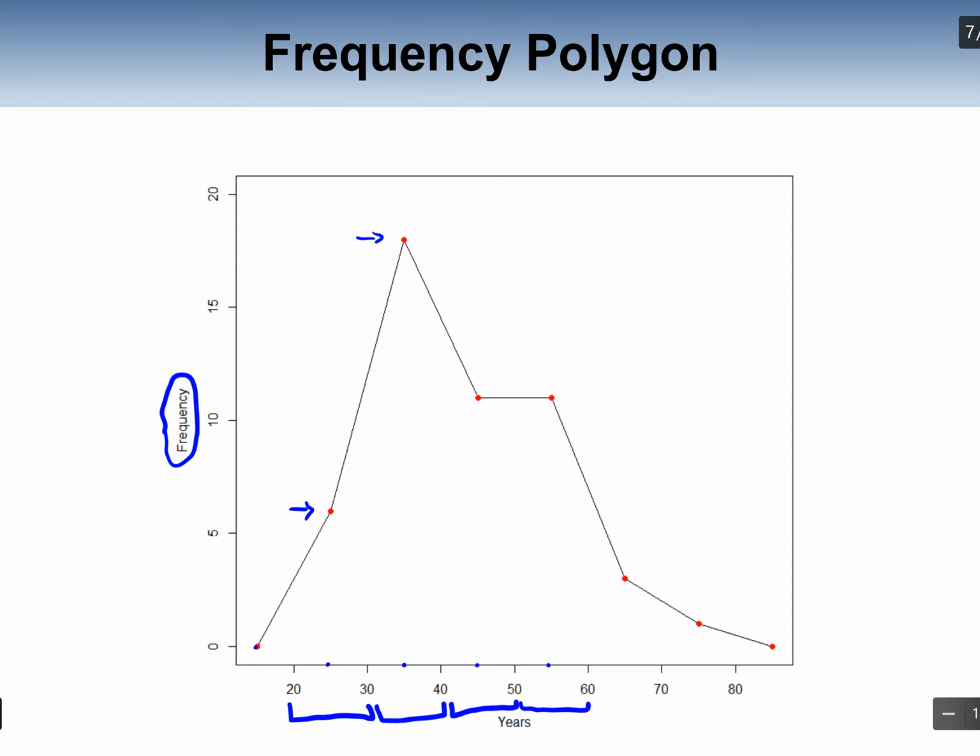Remember, how to calculate the class midpoint is you take the beginning point and add it to the end point. So if you wanted to know what that value is, you would take 30, add it to 40, divide by 2, gives you 35. And that's how you get the class midpoints. They're right in the middle, and that's where those points go. So we have 6, 18, 11, 11. This would be 3 here, and 1, and then I end with 0,